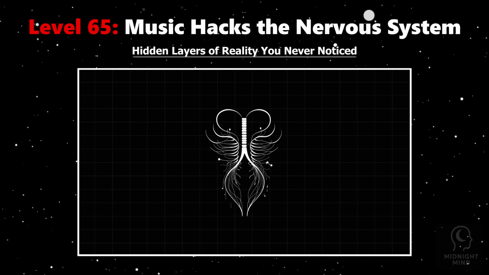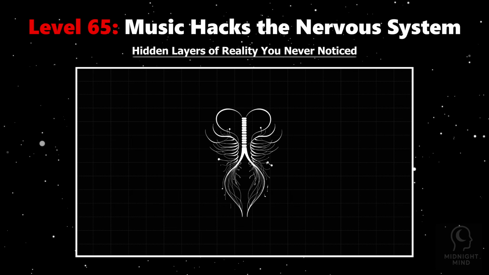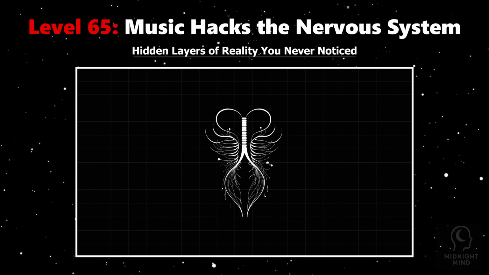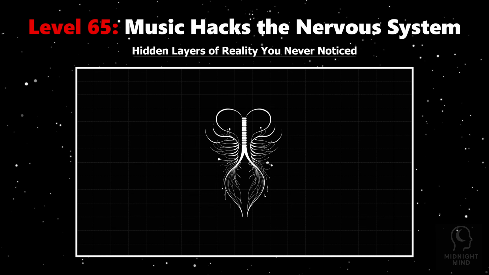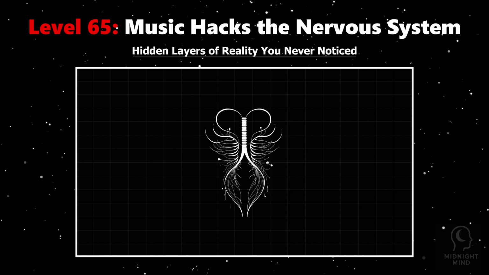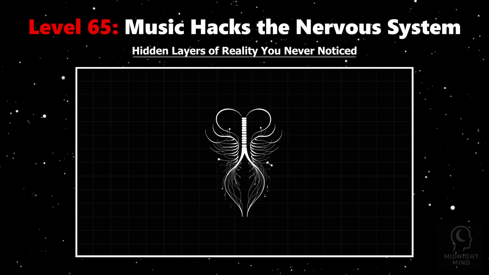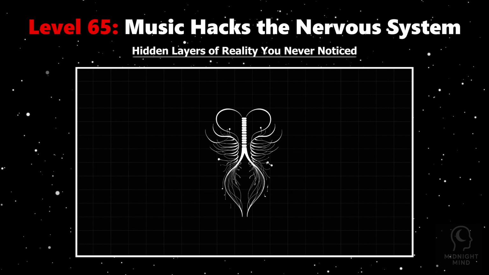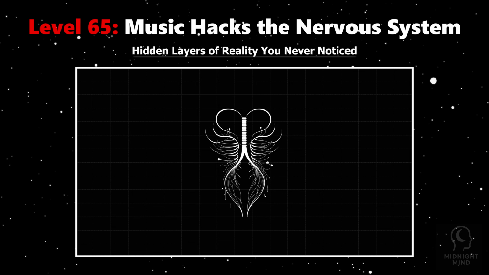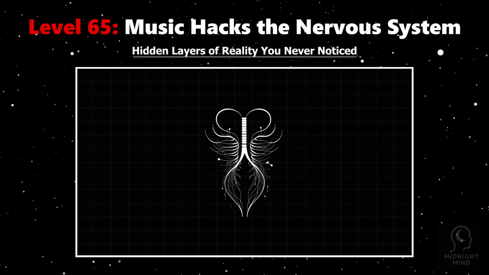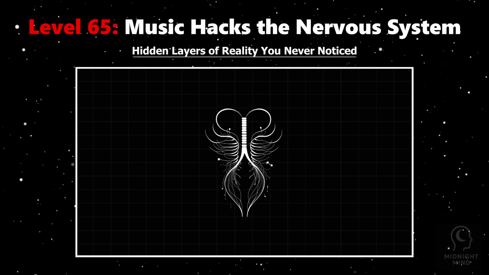Imagine music as a secret code that reaches deep inside you, hacking your nervous system with invisible power. Science reveals that sound waves, especially music's rhythms and melodies, influence your heartbeat, breathing, and brain waves almost instantly, faster than conscious thought. When you hear a steady drum beat, your pulse synchronizes, calming or energizing you. Melodies stimulate the release of neurotransmitters like dopamine and serotonin, creating feelings of joy, nostalgia, or even tears.